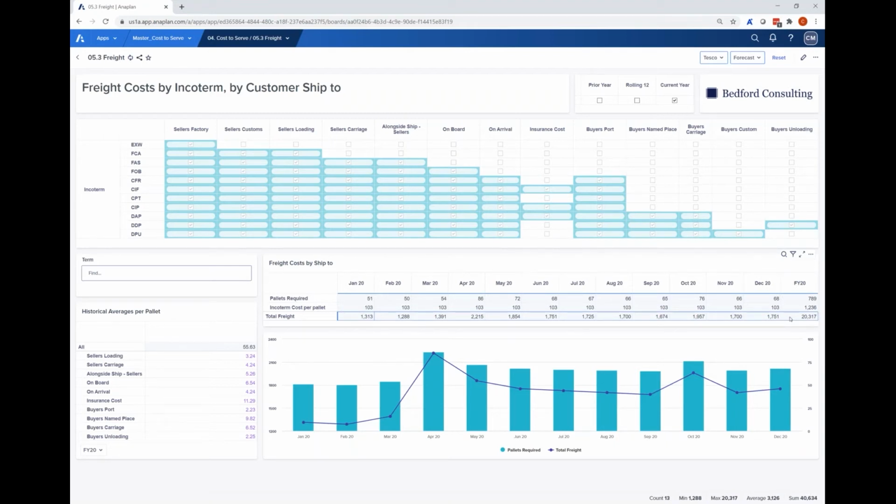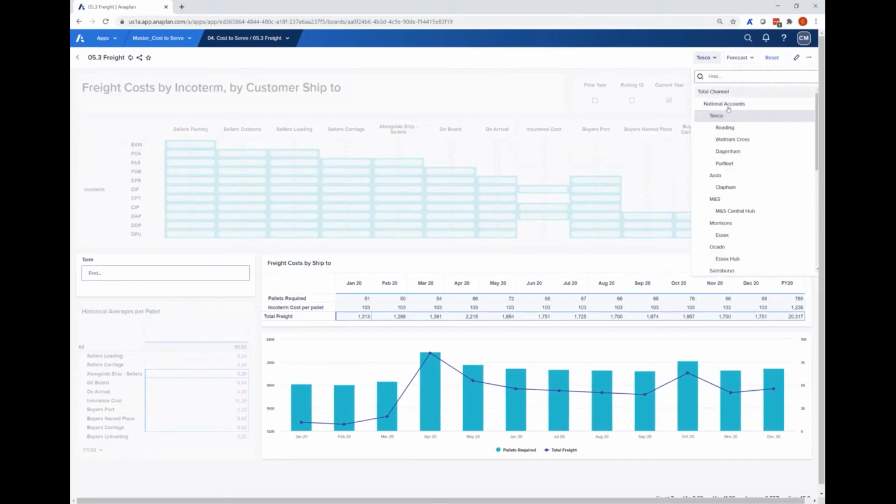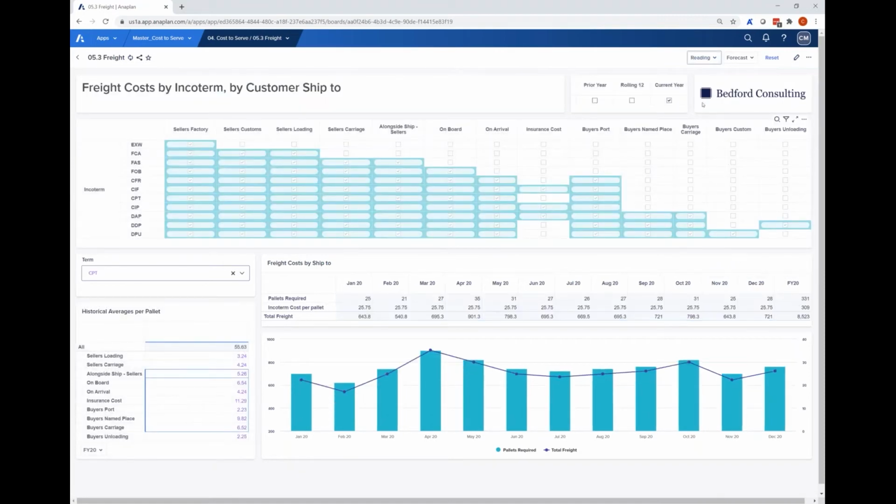Again, what this means is by having everything linked, everything being driver-based, I can change the units, I can change the cost of any one of these components as far as freight goes, or I could change the actual Incoterm, not only against the customer, but down to a ship-to location. So in this case, underneath Tesco's, we've now got another level of detail where we have their distribution centers. So I can see to ship to Reading, we're using the Incoterm CPT. These are the costs. These are the pallets that we need to ship there by period,